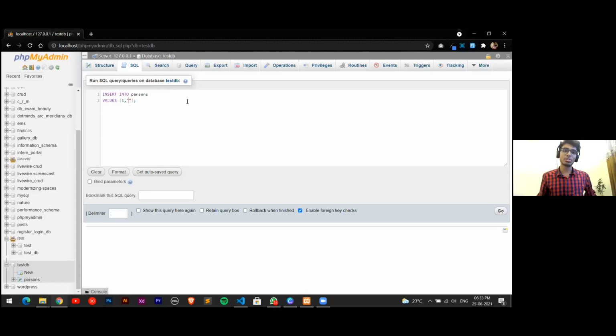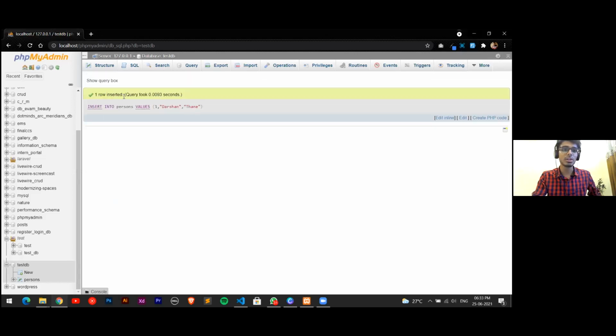It is according to the web application need, or according to the convenience of the database designer, what he does. Okay, so I'll just provide a string over here, that is my name itself. And again, the next data type was varchar itself, so I'll just provide my city. Okay, again I'll write this query and go to the database. So you'll see 1 row inserted.